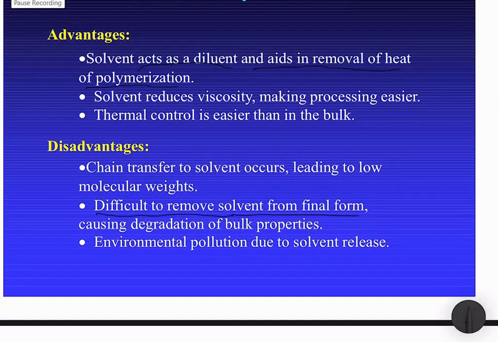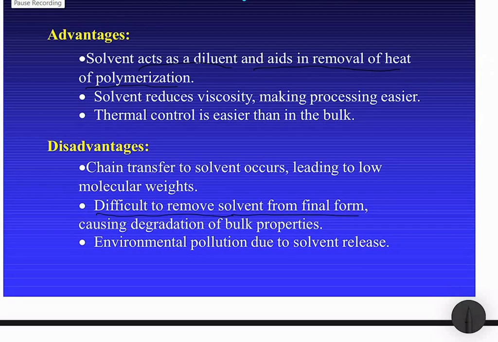Now, because of the use of solvent, we have several advantages as compared to the bulk polymerization technique. First of all, the solvent acts as a diluent and aids in removal of heat of polymerization, because that was another one of the major concerns of bulk polymerization, that is the heat dissipation. And because of the use of solvent, which acts as a diluent in the system, that actually aids in the removal of heat of the